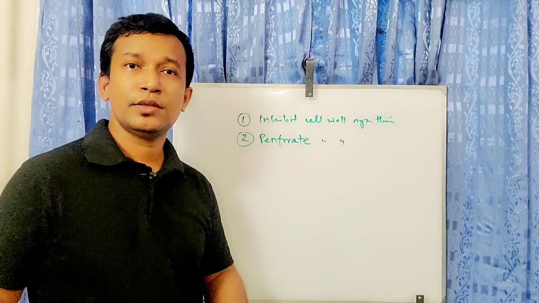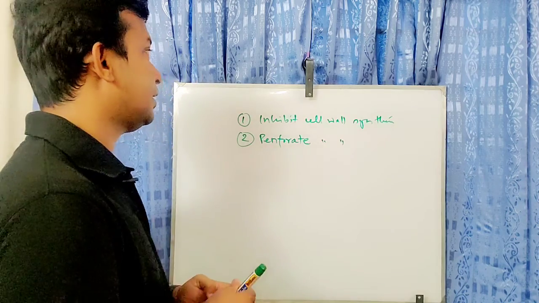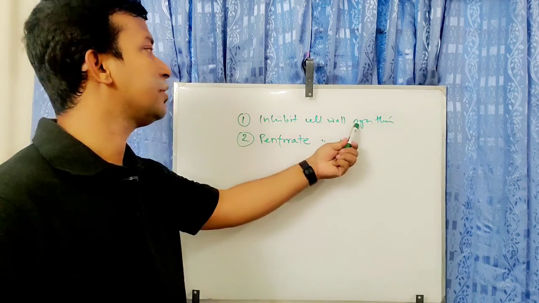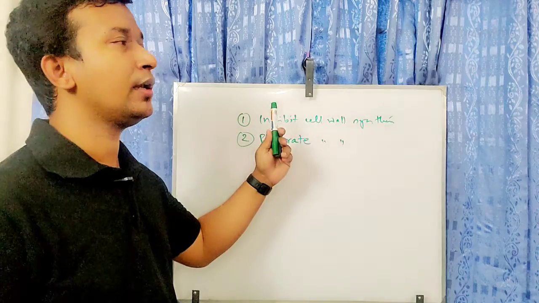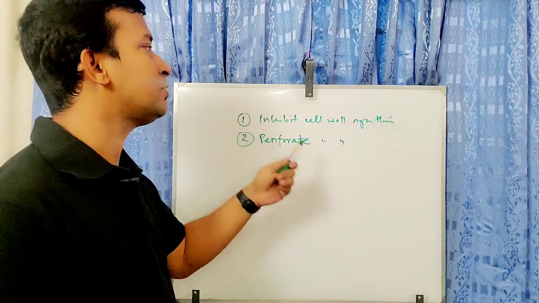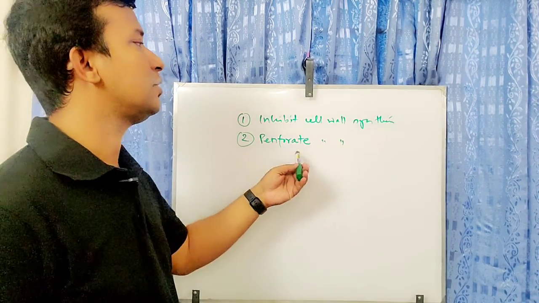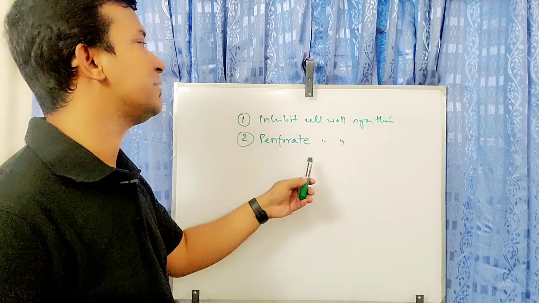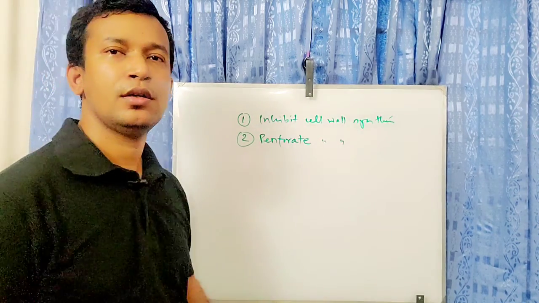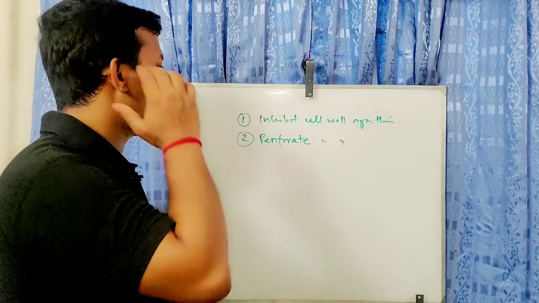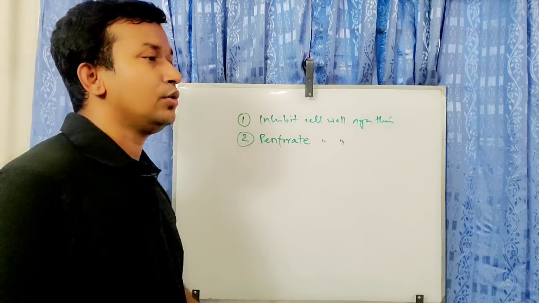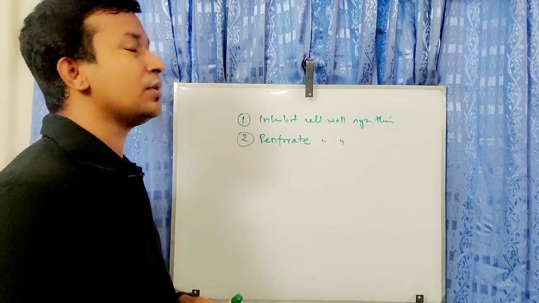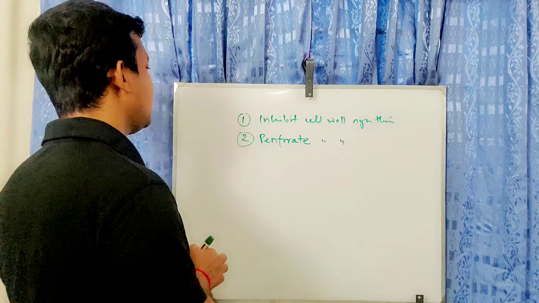So on the cell wall they can do two things: either they inhibit the cell wall synthesis, or they can directly make leakage to the cell wall so that the organelles or the inside materials will go outside, causing the cell to death. So these are the two things they can do at the cell wall level. Third thing is that